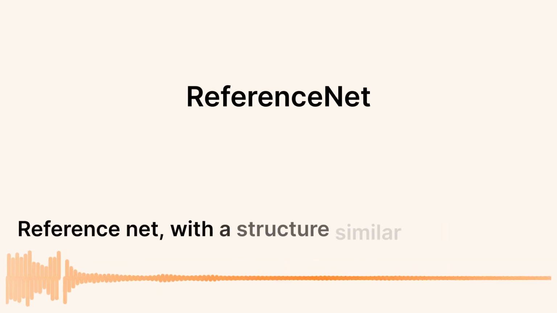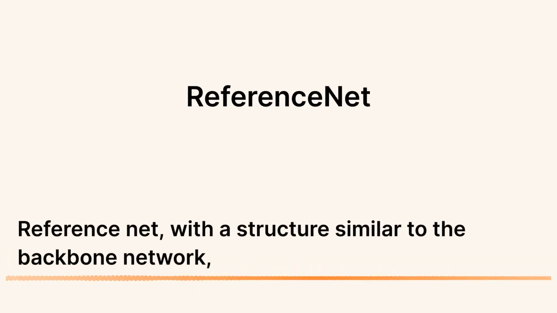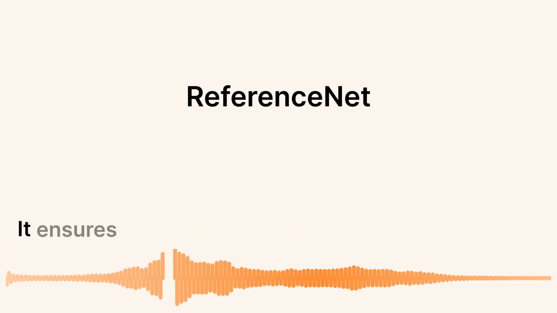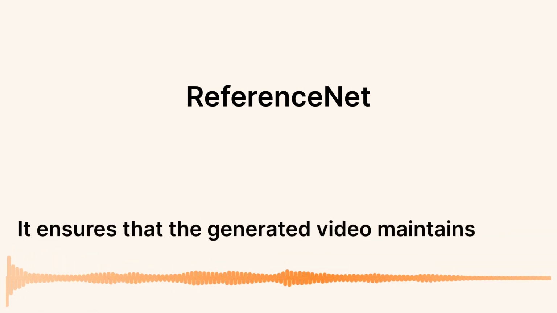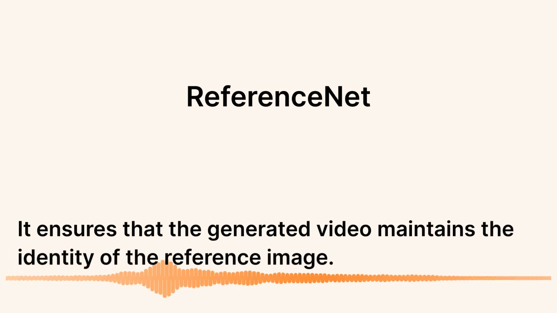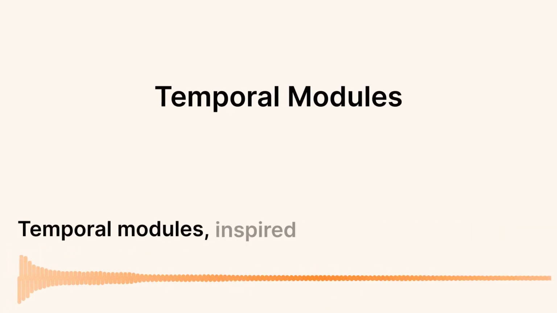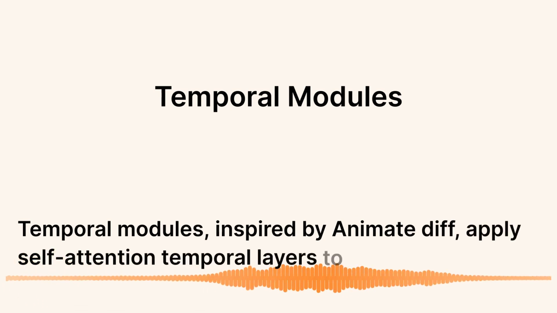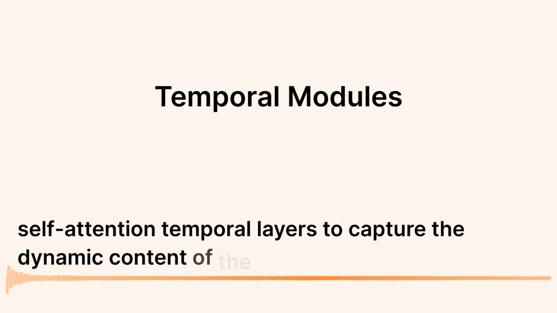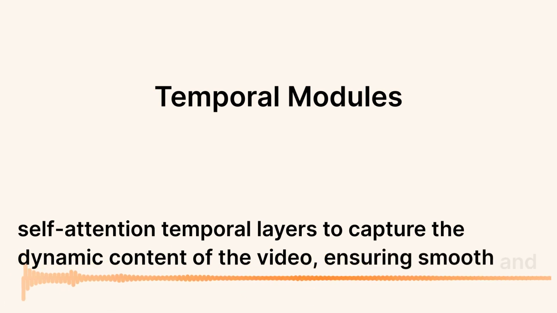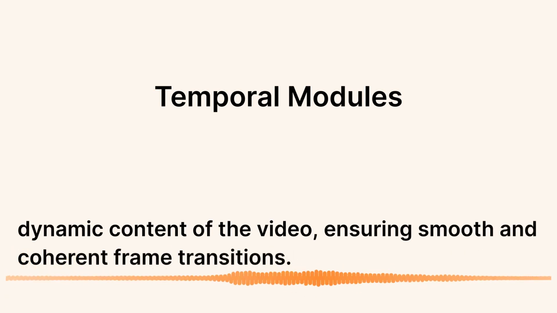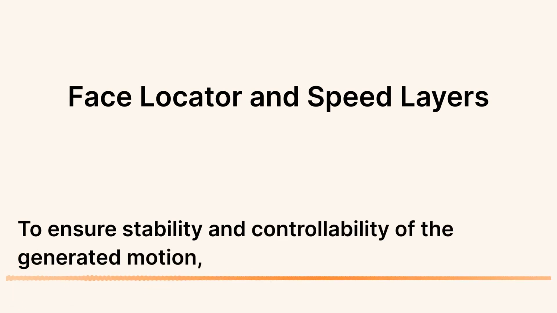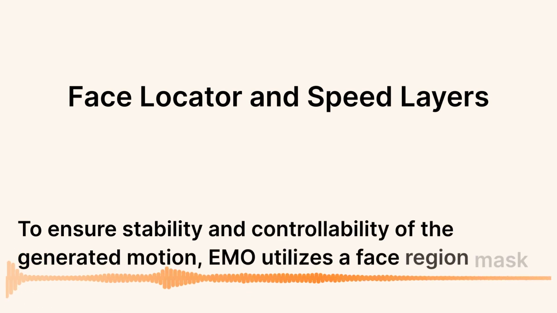ReferenceNet, with a structure similar to the backbone network, extracts detailed features from the input image. It ensures that the generated video maintains the identity of the reference image. Temporal modules, inspired by AnimateDiff, apply self-attention temporal layers to capture the dynamic content of the video, ensuring smooth and coherent frame transitions. To ensure stability and controllability of the generated motion, EMO utilizes a face region mask and